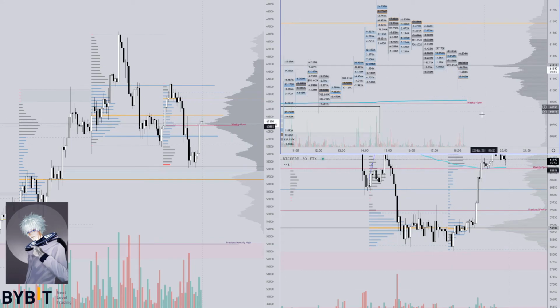And as we see this develop, we can see that as price passes over, these deltas are going to be changing. This is what I was referring to earlier: because these are 30-minute candles, you really want to be using this on a bigger time frame, like daily levels, weekly levels. You can use it on a lower time frame if you use lower footprint candles, right? So if you're using a 5-minute or 1-minute footprint, you could use it on 5-minute, 15-minute, 30-minute levels. That's all good and well. But right now, because we only have the capability of doing a 30-minute candle, you want to make sure you're using this at really key inflection points,